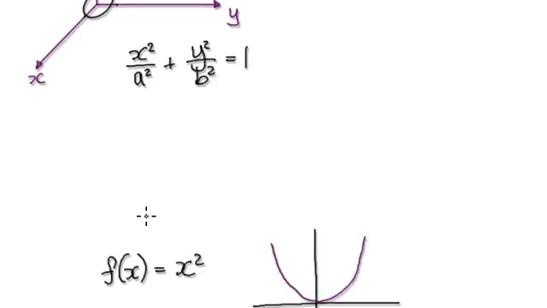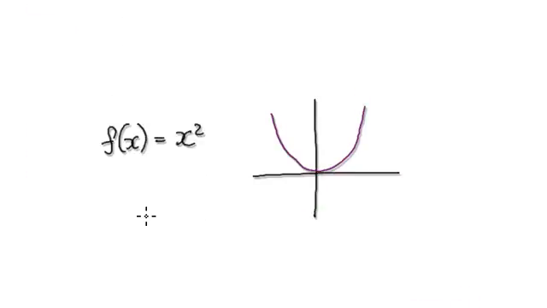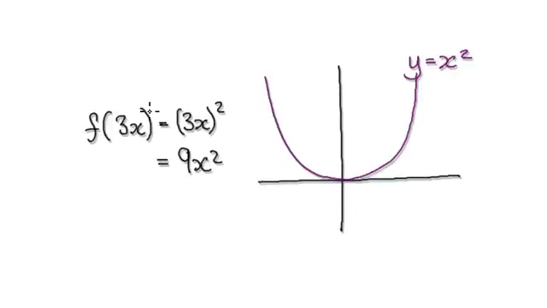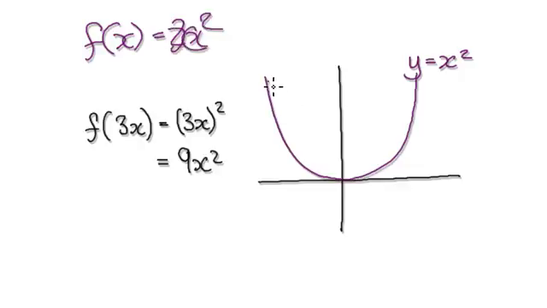So before we do that, let's just give you a reminder. Let's say you've got a function f of x equals x squared. It will look like this. If you apply this transformation, so you've got a function f of x equals x squared, and it looks like this. If you apply this transformation,